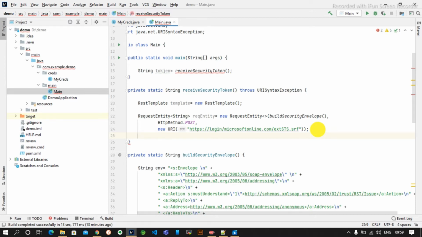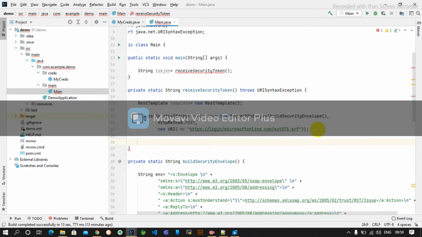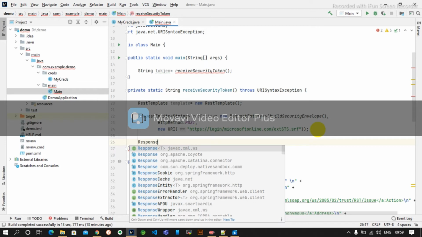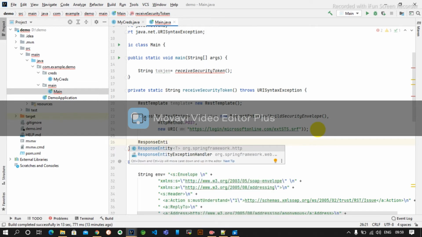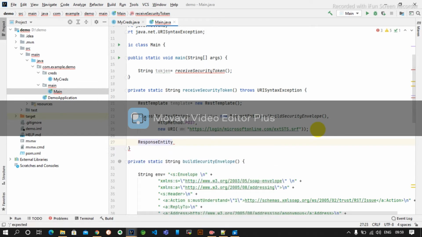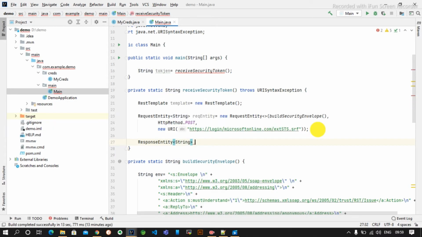So since we have created our request entity, we will use our response entity to get the value. For this response entity we will use a string, because our bearer token will come as a string only.